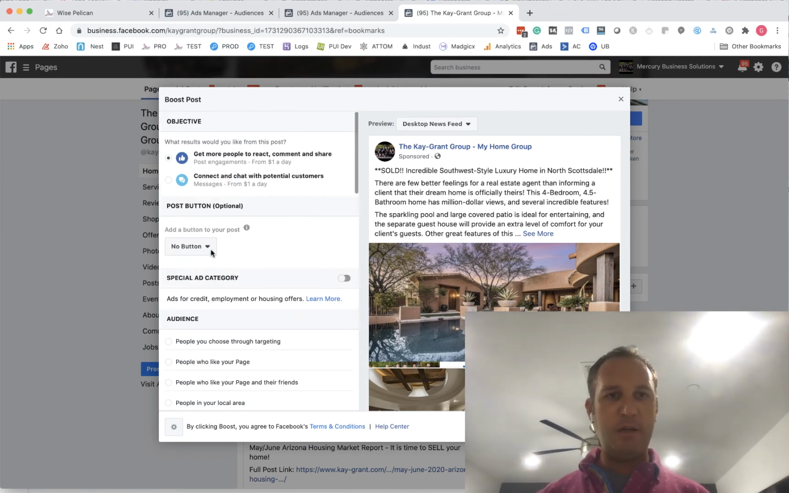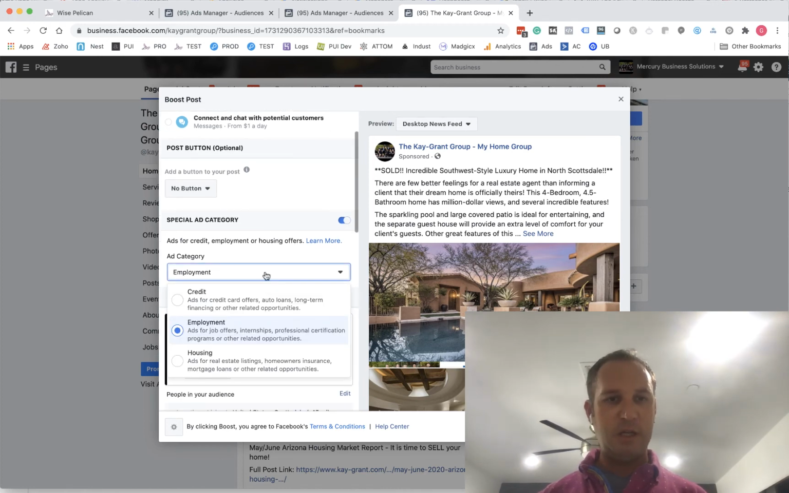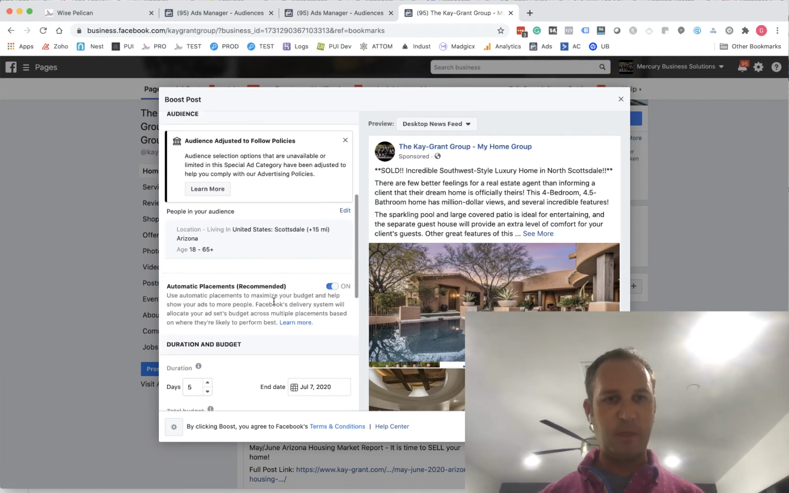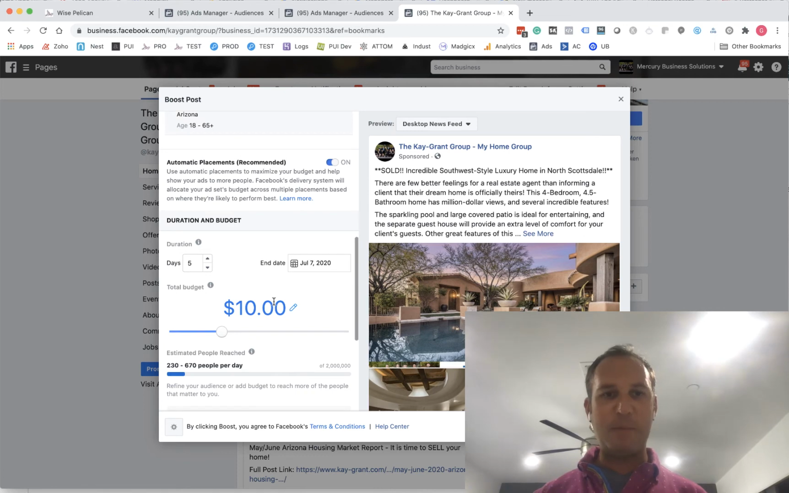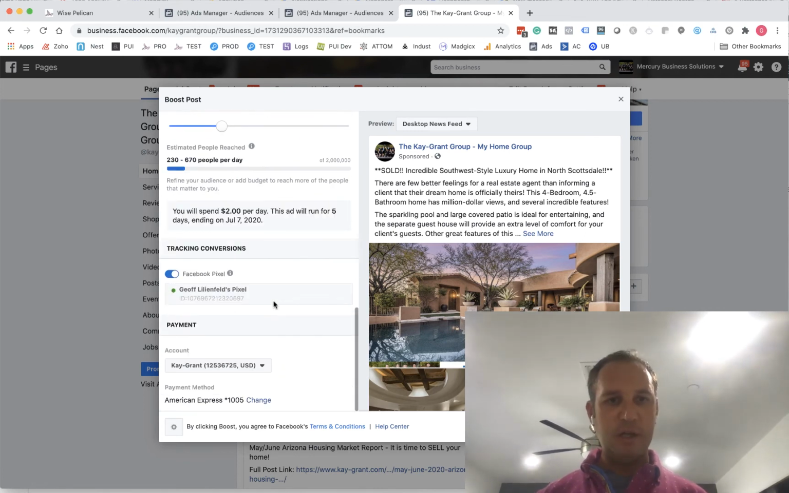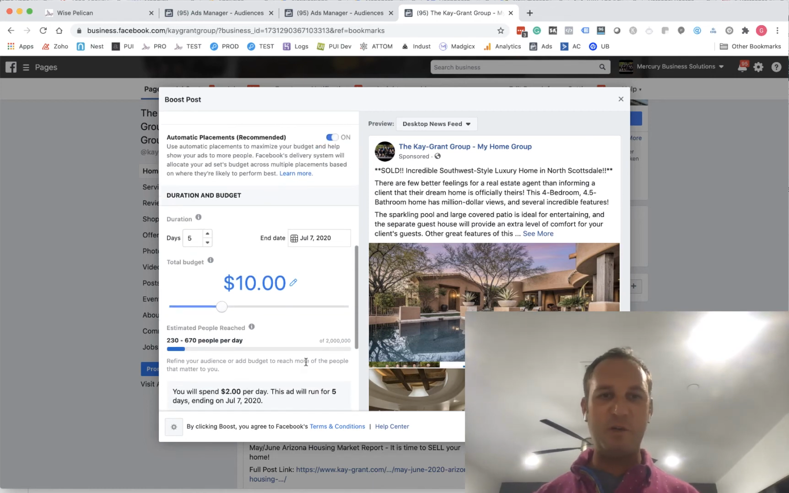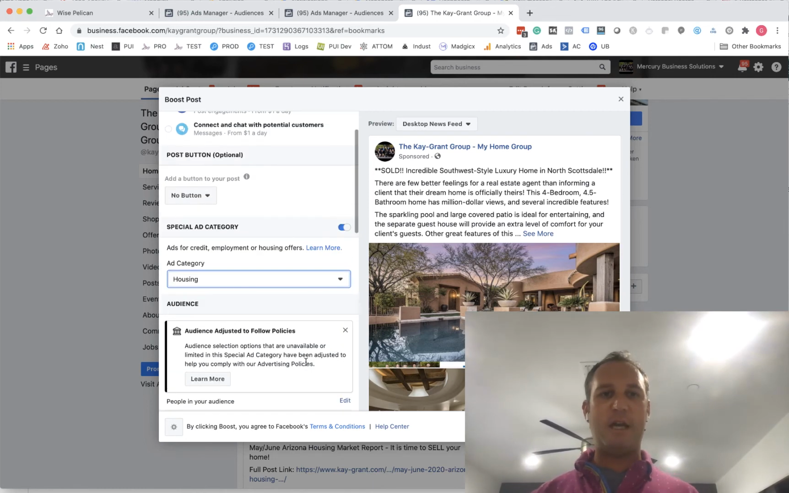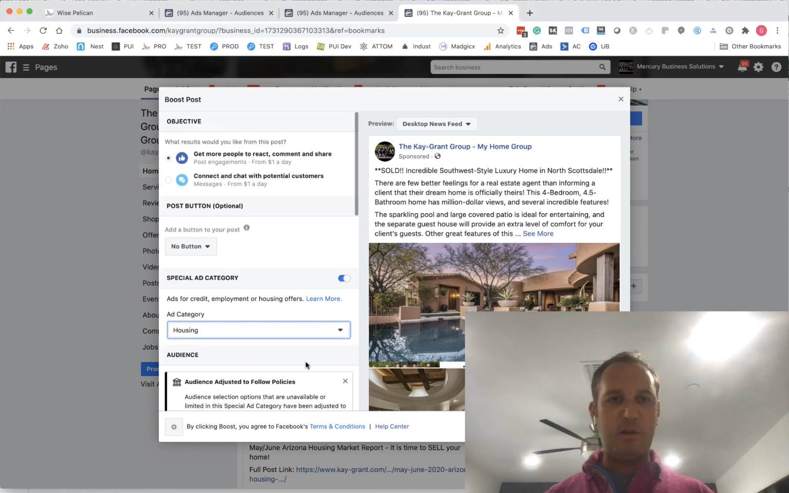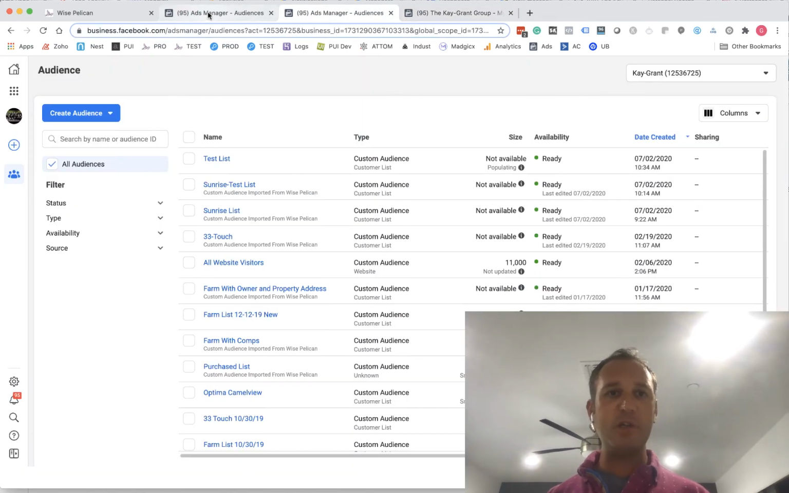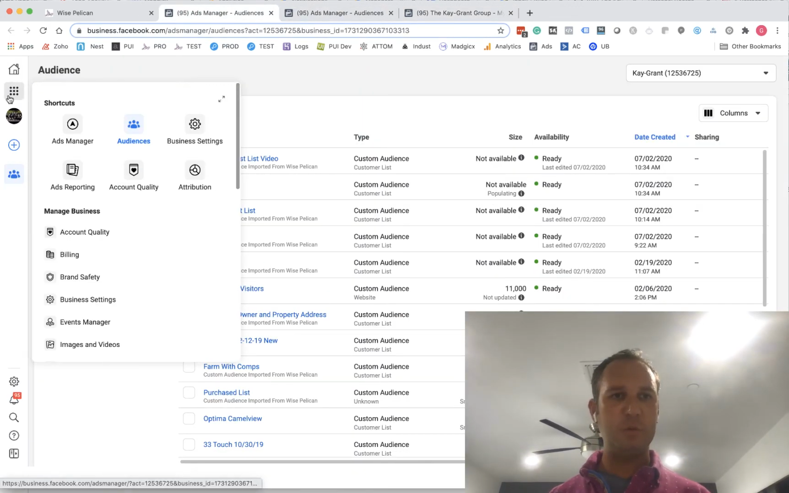Now, if on the other hand, I say that this is for a special ad category and tell it housing, we'll note that this option disappears. I've seen on phones, sometimes it stays, sometimes it goes. It's a little bit sketchy right now, but there is a workaround for this, right? So generally, this isn't the best way to actually boost a post anyways. The best way is to go back to my ads manager,